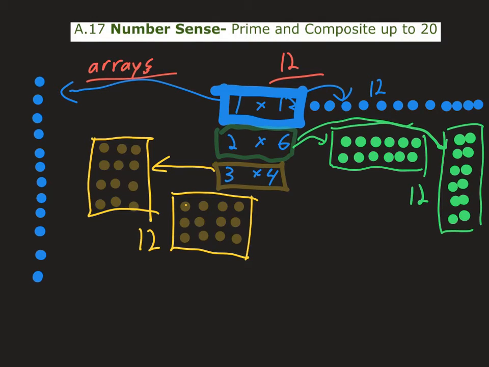And so I've made different arrays, right? And that's just an array. That comes back to how we can make a prime and composite, because it depends on how many arrays we can make. These are all essentially factors. When we talk about factors,